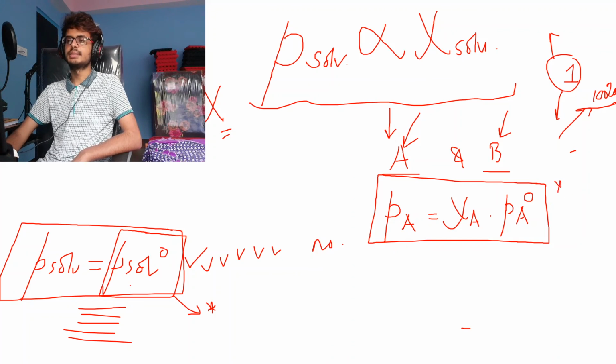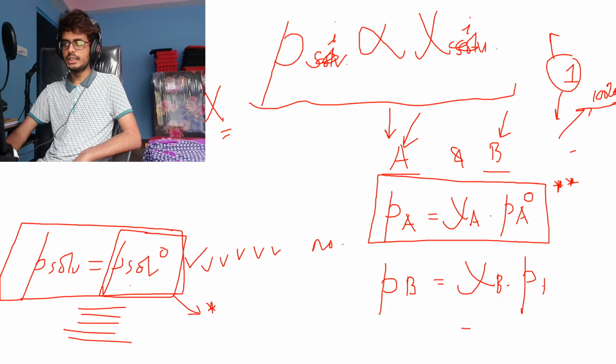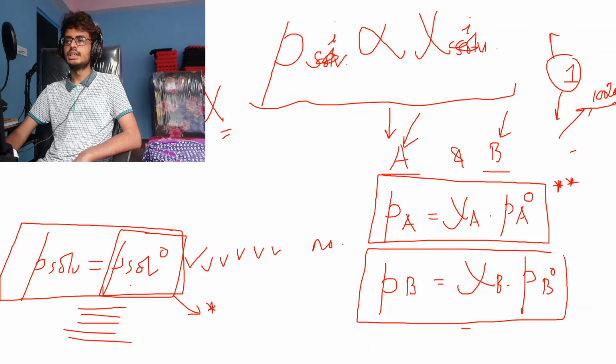So is this statement clear with you? Clear. See this? Not clear. Is it clear? I'm just replacing the quantities. I had given an equation earlier, right? I had just given an equation in terms of I is directly proportional to that component. So now I'm just replacing the components with B and A. So mole fraction of B into partial pressure of B in its purest state. So this will be the partial pressure of the two components, right?